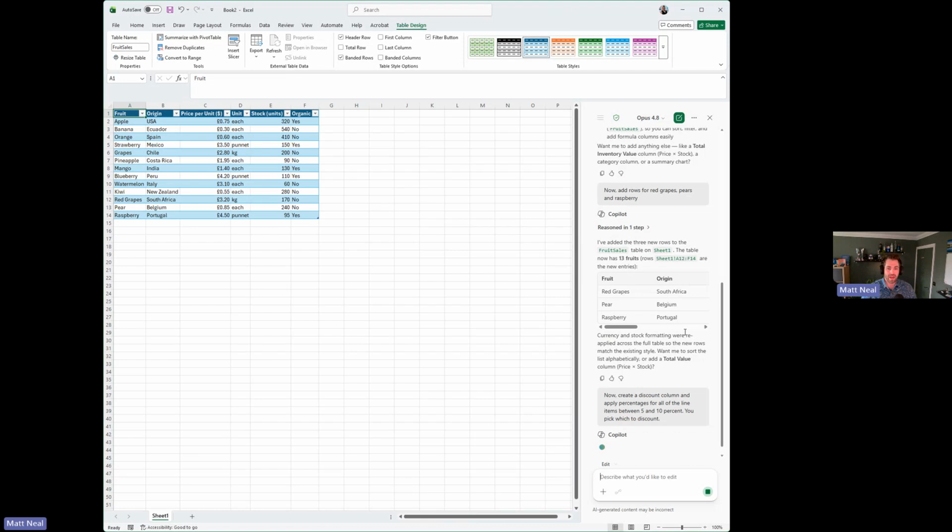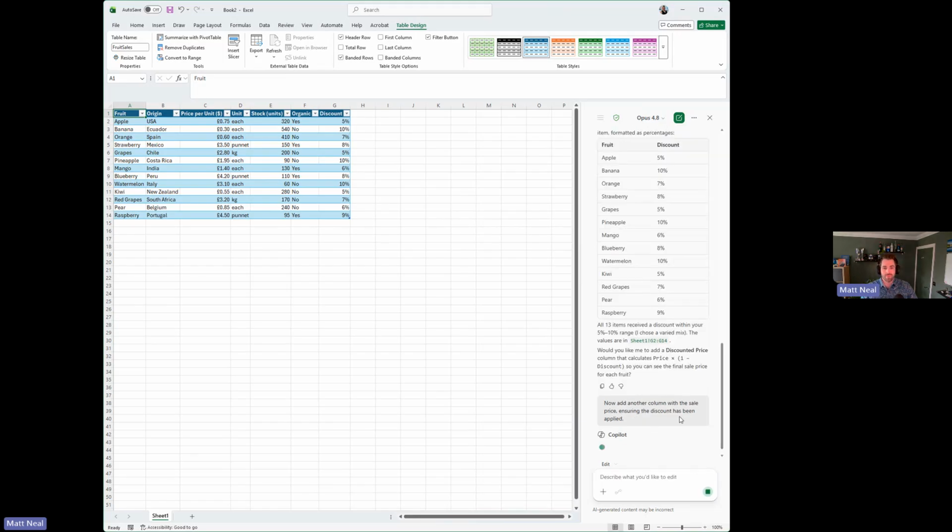And you can see here how we're just building and building and building this sheet. But we can have this running as a task in the background while we're on a Teams call or while we're working on something else, rather than having to sit there and manually type these things out and manually put things in, manually put formulas in. We can just let Copilot take the work off of our plate and do it for us, which is huge,